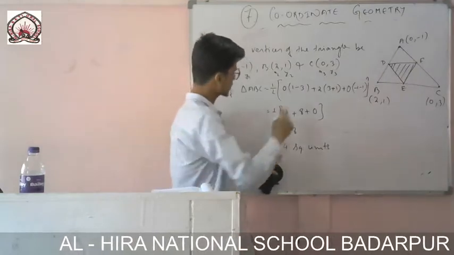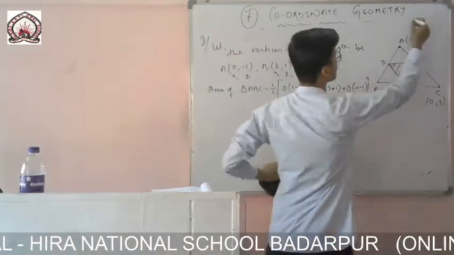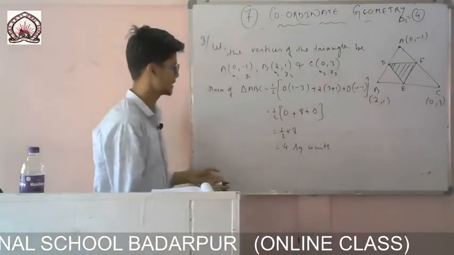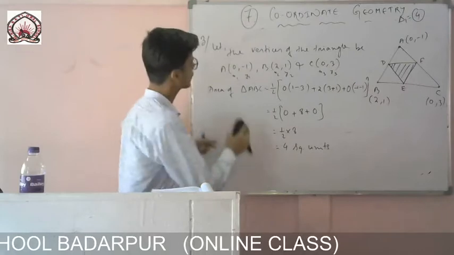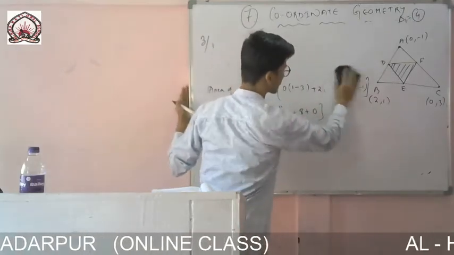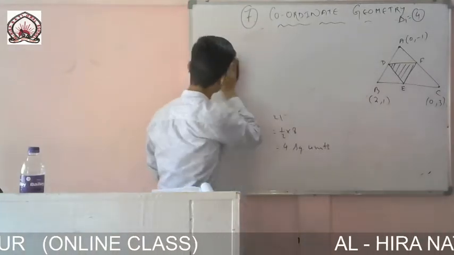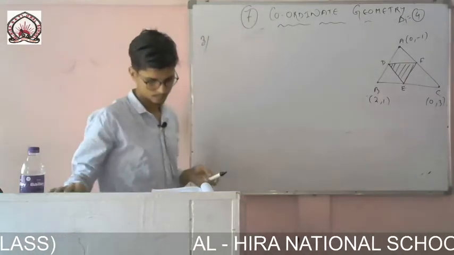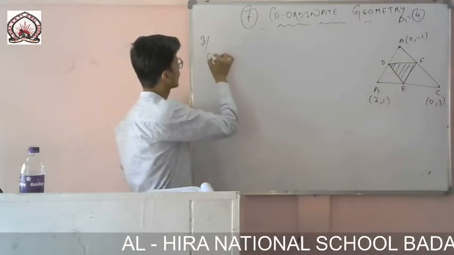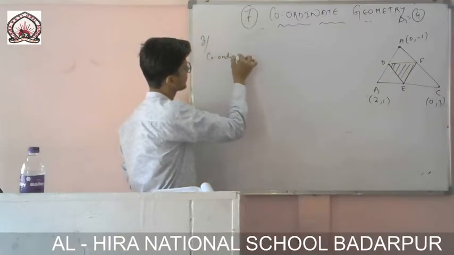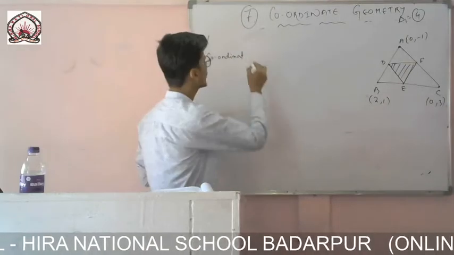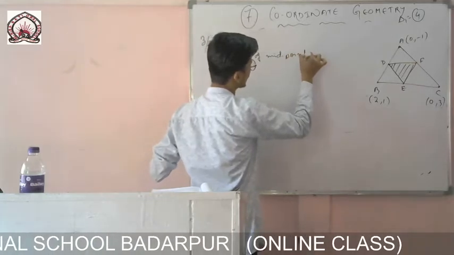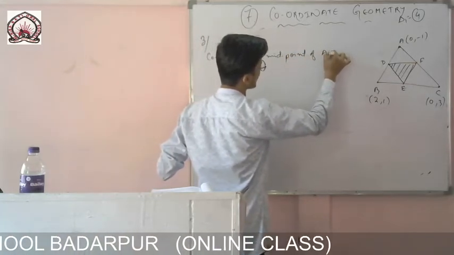So you remember this one. Now I will erase this part. You remember that the area of this first triangle was 4 square units. Okay, I am writing it here. Now I am erasing this one. I will find the coordinates of D, E and F one by one. Coordinates of the midpoint of, first of all I am finding AB.